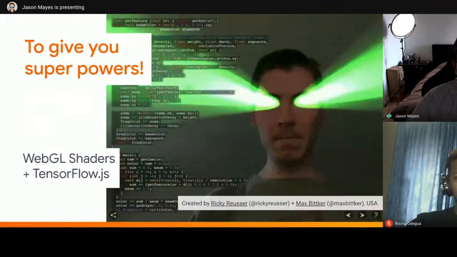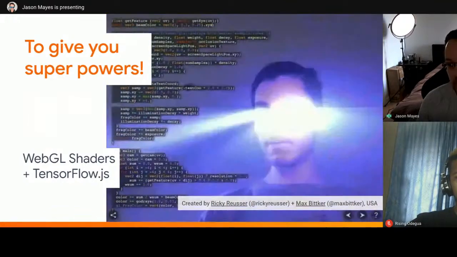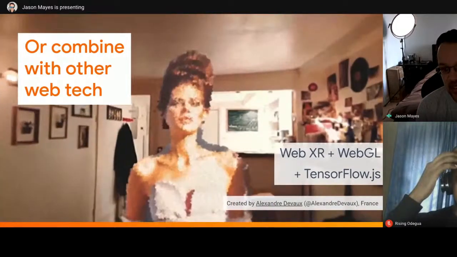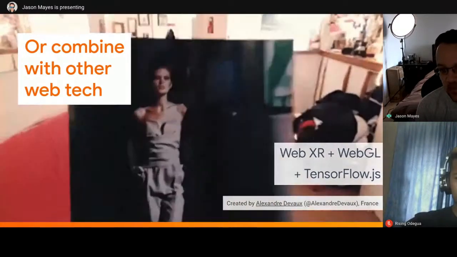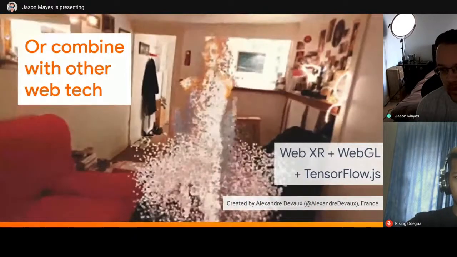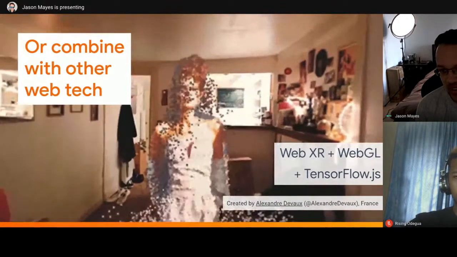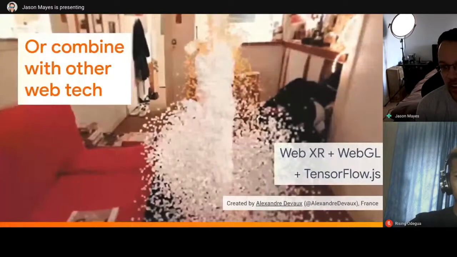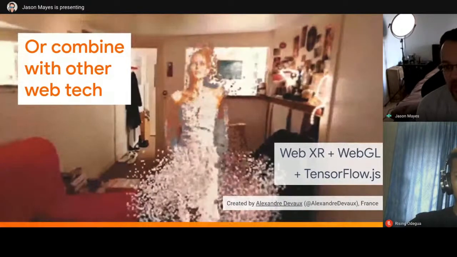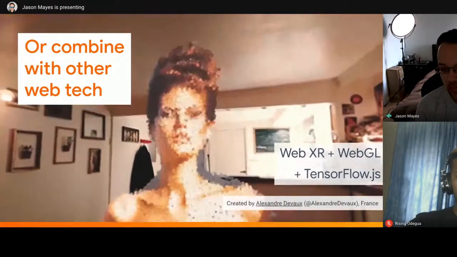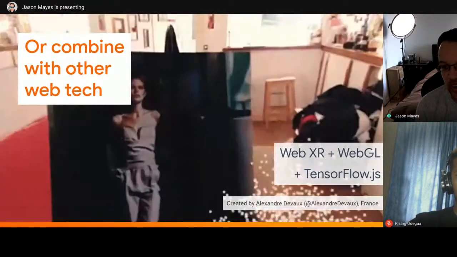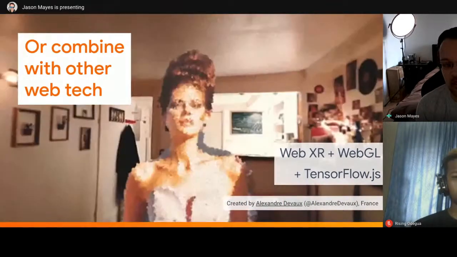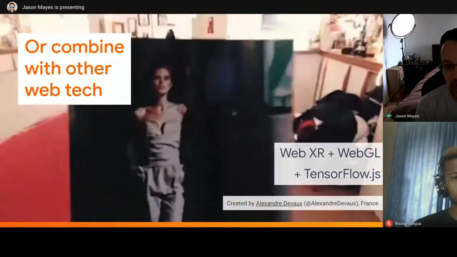And another person from our community over in France, he's used the BodyPix model to essentially scan any magazine. If the magazine contains a picture of a body, we can recognize where the body is, we can extract it, and we can then put it into his room in real time, and he can walk up to that body and look at the fashion or the clothing in more detail. And notice this is running on his mobile phone. This is actually running on an Android mobile phone that's like 2 or 3 years old, I believe. So it's not even using the latest mobile phone, but it's running really smoothly, and it looks really, really cool.